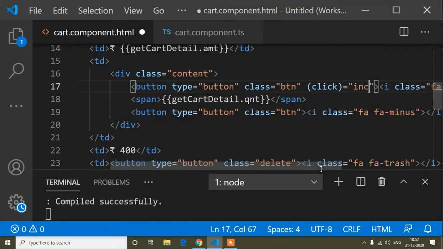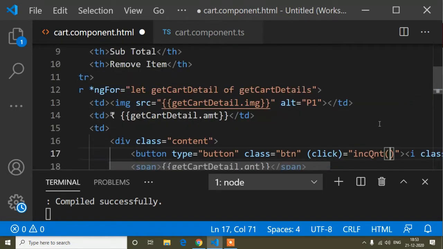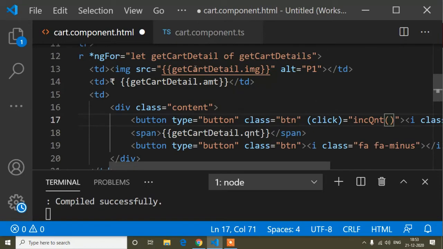The method name is increase quantity, INCQNT, with parentheses, and inside the parentheses I have to pass a parameter. This variable I have to pass as a parameter, because in this variable I have stored all the details of local storage which I showed in my previous tutorial.